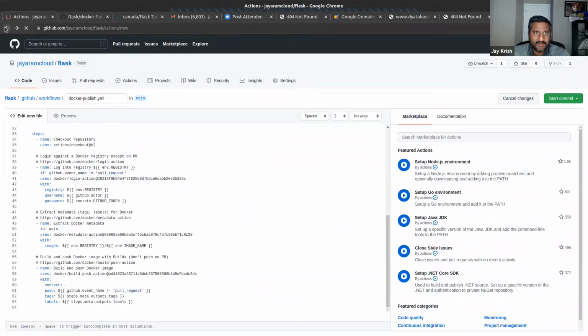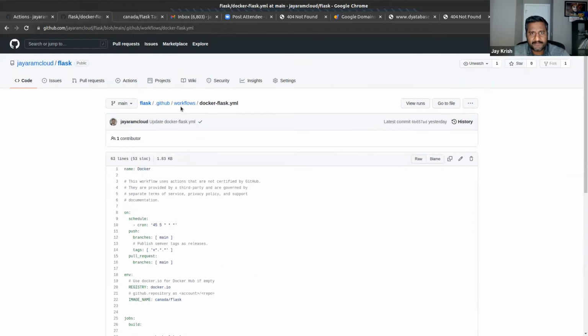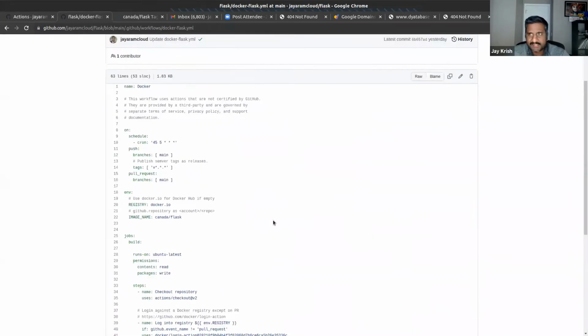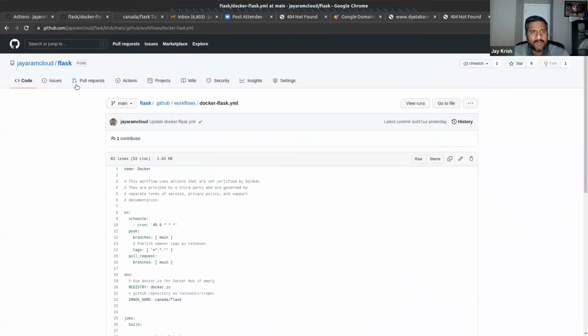Okay. So I have this GitHub workflow, which I created just yesterday, and I can run it. If I run it, what will happen? Actually, I've said when there is any push to the main branch, then build it. It goes and builds. Okay.